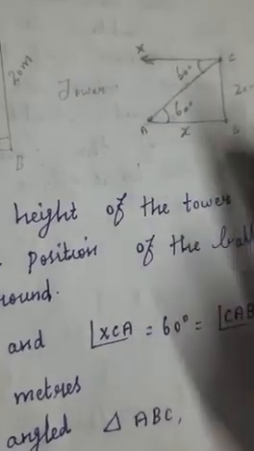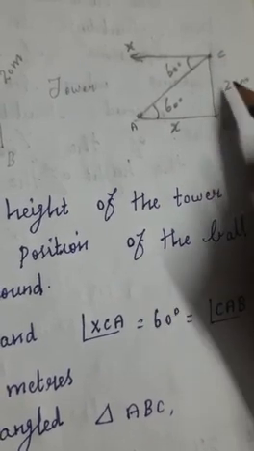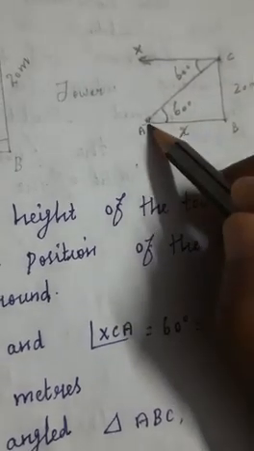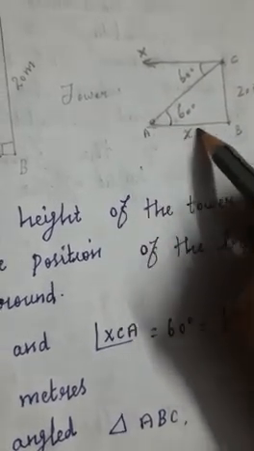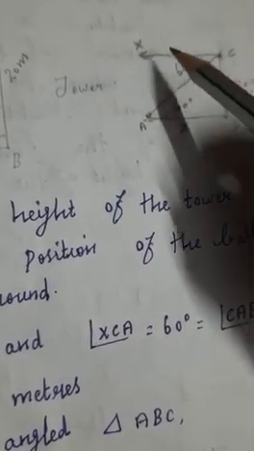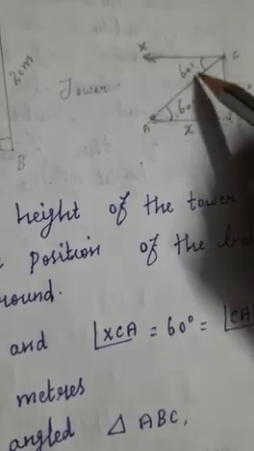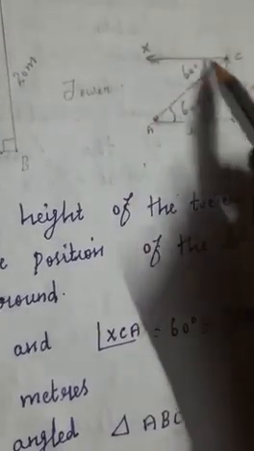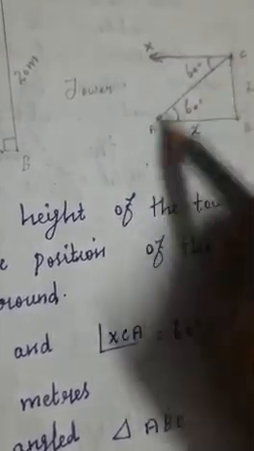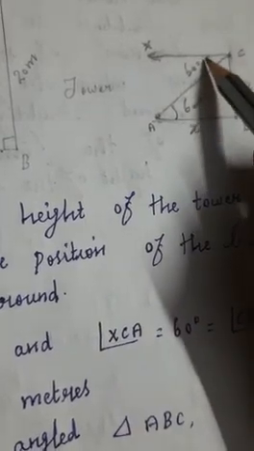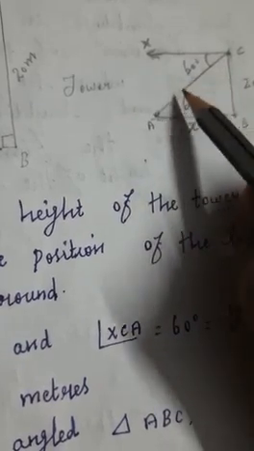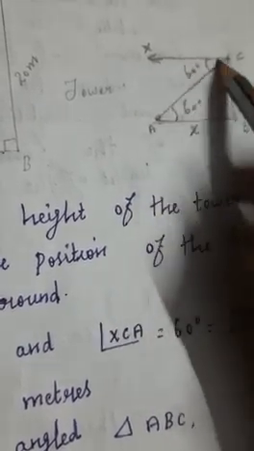Okay, so this is the diagram. Okay, so here one tower is there, the height of the tower 20 meter. On the top of a tower one player is sitting. So here one ball, a ball lying on the ground. So this line also you have to draw. After, so the angle how it will form, you know that the line of sight with the horizontal line only the angle will form. So here this is the horizontal line, you know that when he looks at right, this is the horizontal line. When he looks at the bottom, okay, so this is the line of sight. In which degree angle he looks at the bottom? In 60 degree angle. Okay, so this is the right angle triangle. So here you know that this should be a shape like that you have.